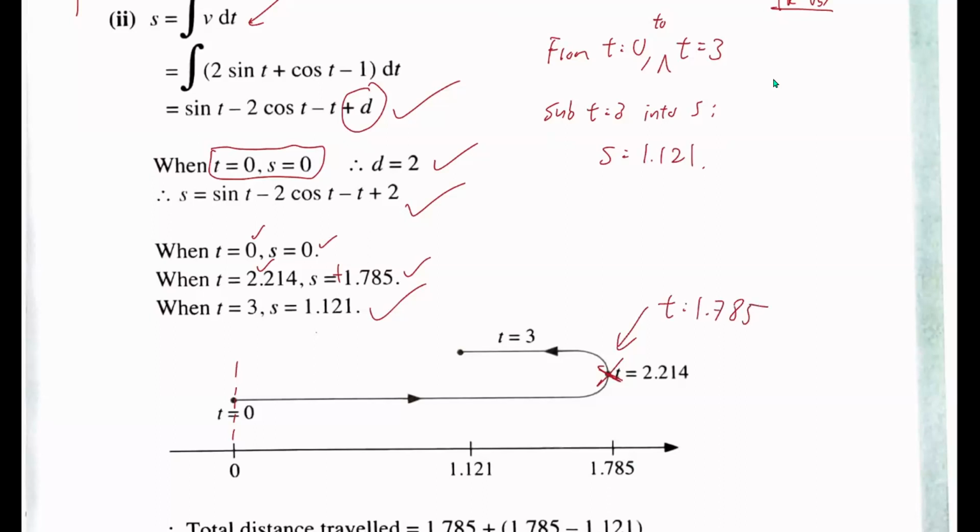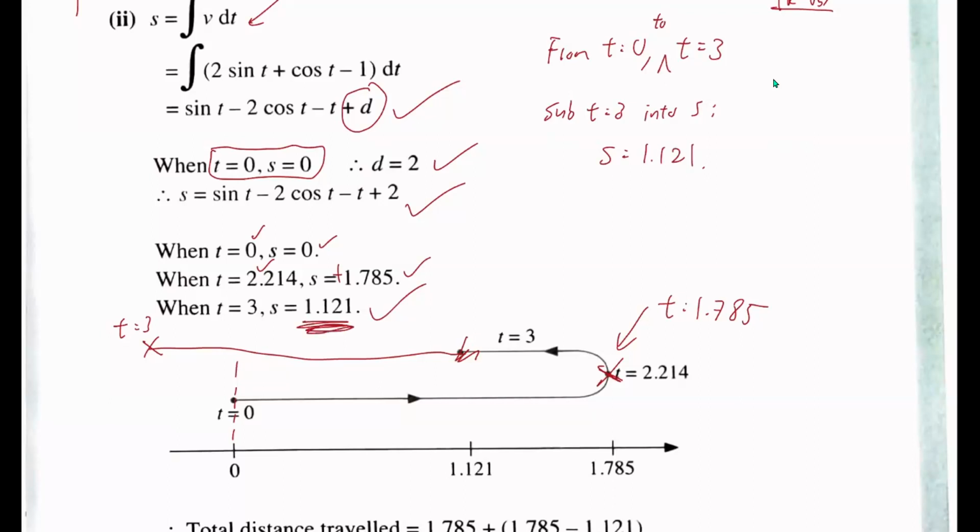Good. Then from there, t equal to 3, S equals 1.121. So it's a turning point, so definitely you turn left. But can you turn left all the way until you plot here for t equal to 3? No. Instead of here, you go all the way left? No. Why cannot? Because